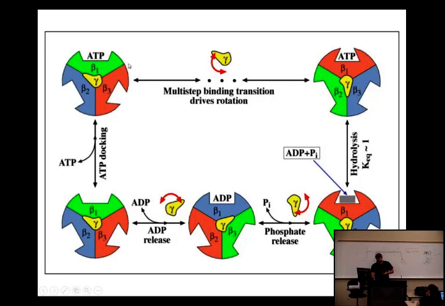So here's another sort of drawing. It's much easier to visualize if you can see it in action, but we can go over it in one of these artist renditions. So here's the gamma subunit, the one that spins around, the drive shaft, and that's caused by F0 spinning. And so let's just start here. If we look at this first subunit, this is the alpha and the beta put together, so it's called the beta one. So it's open, right? And in that open position, it can bind ADP.